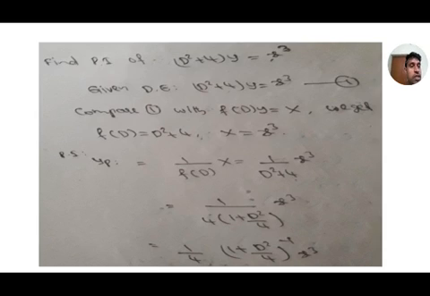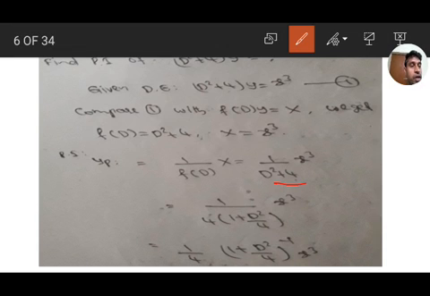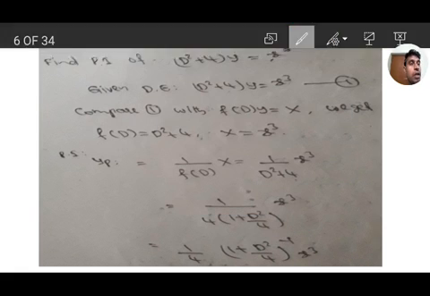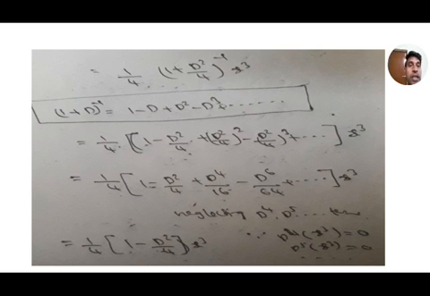So in this, first we have to take the lowest term. In f of d, the lowest term is the common. Here the lowest term is 4, 4 is the common. We convert f of d into the form 1 plus d square by 4. Then bring this denominator into the numerator, we get minus 1, and expand that using the binomial theorem. We have the formula: 1 plus d whole to the power of minus 1 is 1 minus d plus d square minus d cube plus and so on. And in the place of d we have d square by 4, expanded.